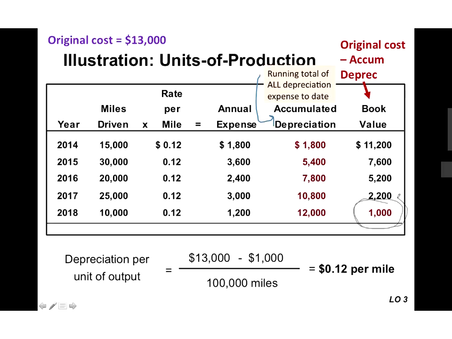Okay, so that is units of production. We can only use units of production if we have some way to measure wearing out. So we have a vehicle, we can drive it miles, we have a machine and it's rated for so many hours. You couldn't use units of production on a building typically because the building wears out over time. You don't really have some way to measure. So units of production can be used in certain circumstances, but the majority of companies will use straight line depreciation